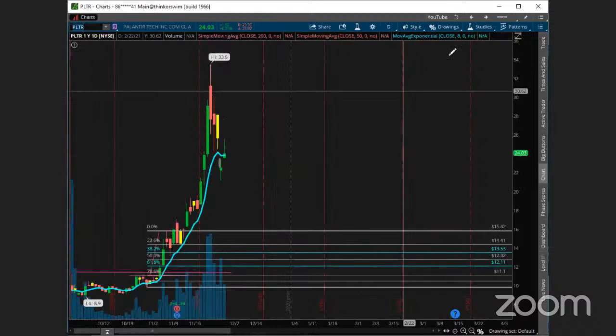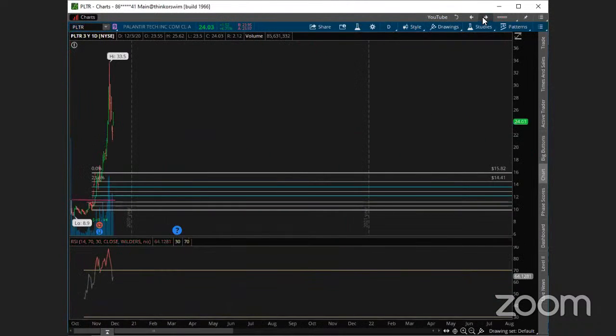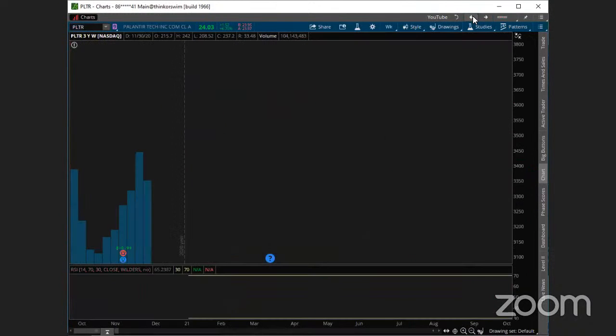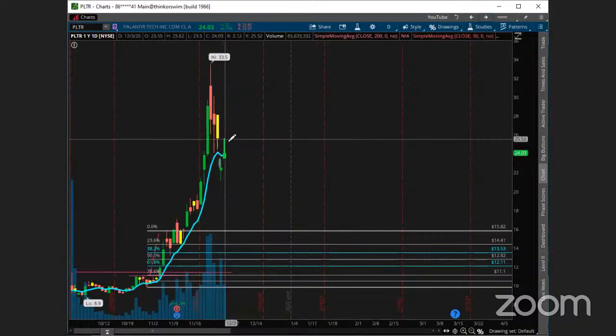Yeah, lots of option activity on this one. This is one of the highest traded options today. So on Palantir, it's kind of a rough candle there with the upper shadow on it, but they tried to push it today a little bit. So we'll see if we can get any follow through on that one.